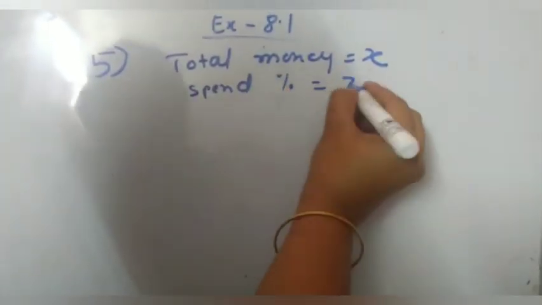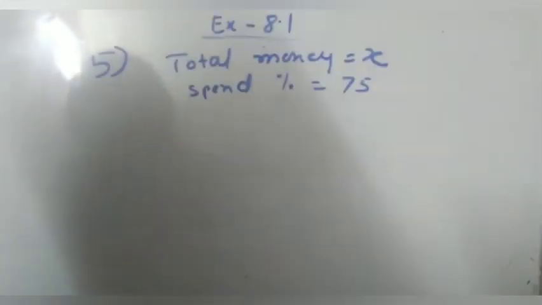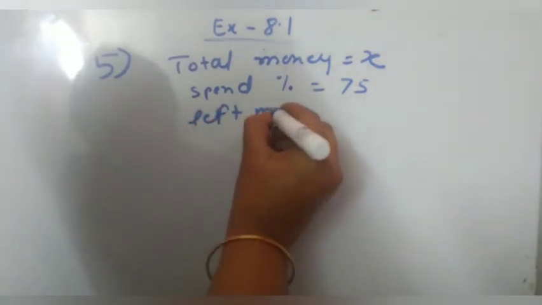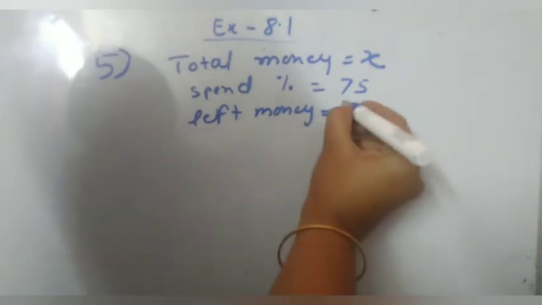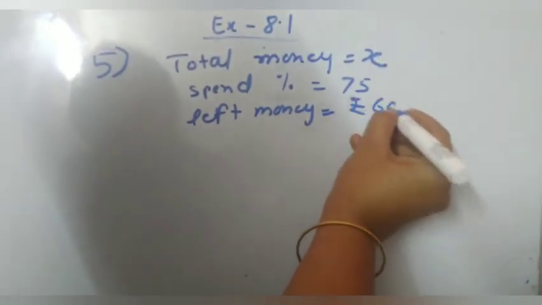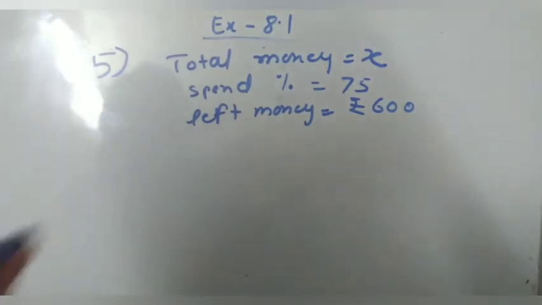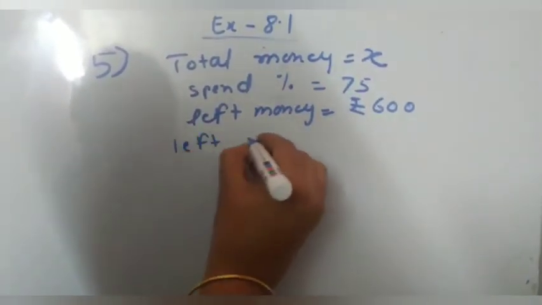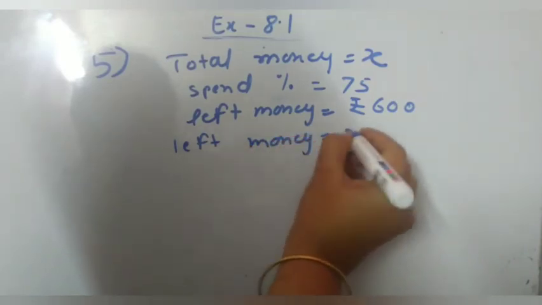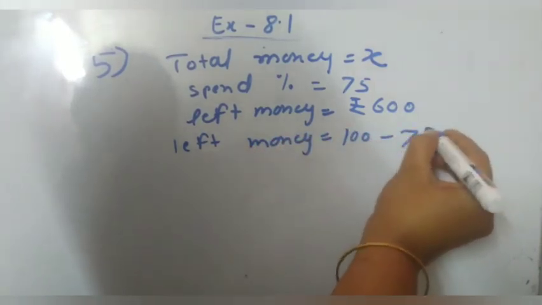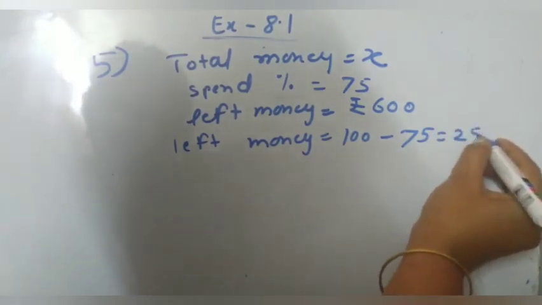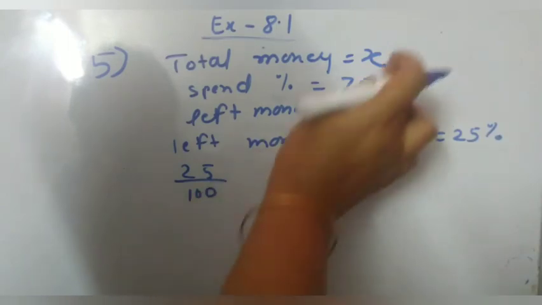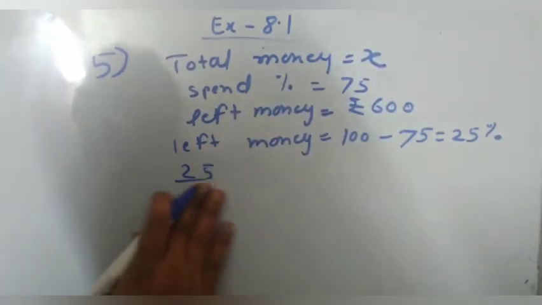The left money is given, which is 600 rupees. Out of 100 she spent 75%, so she had 25% money left. So 25% of X,